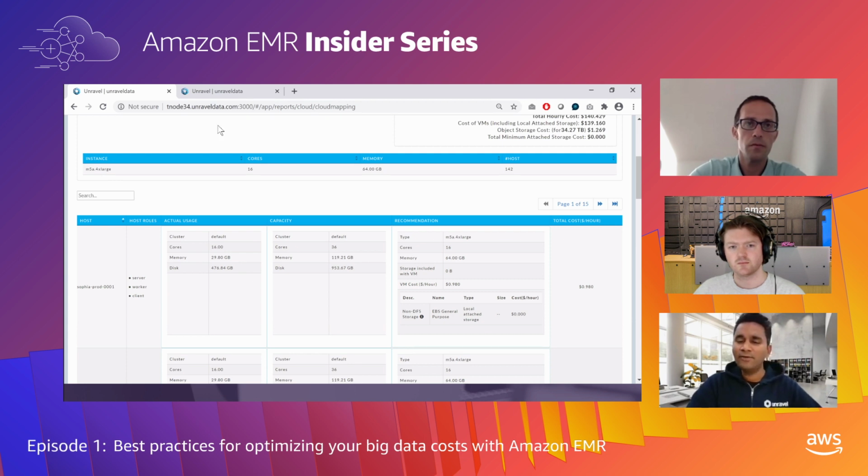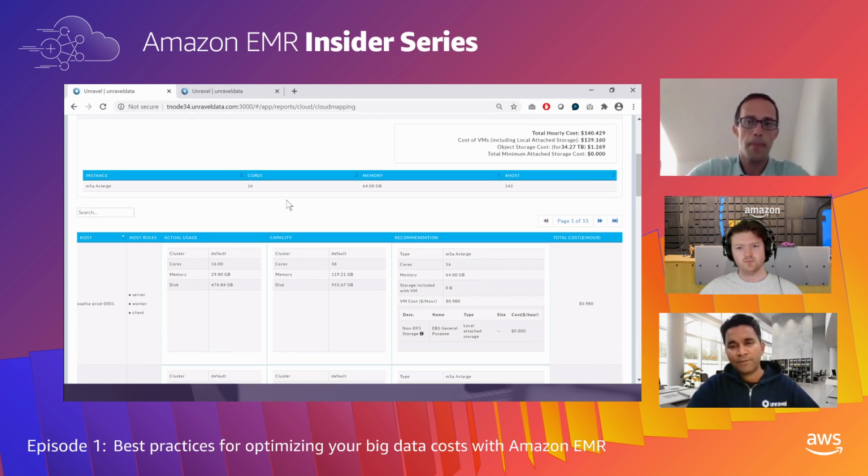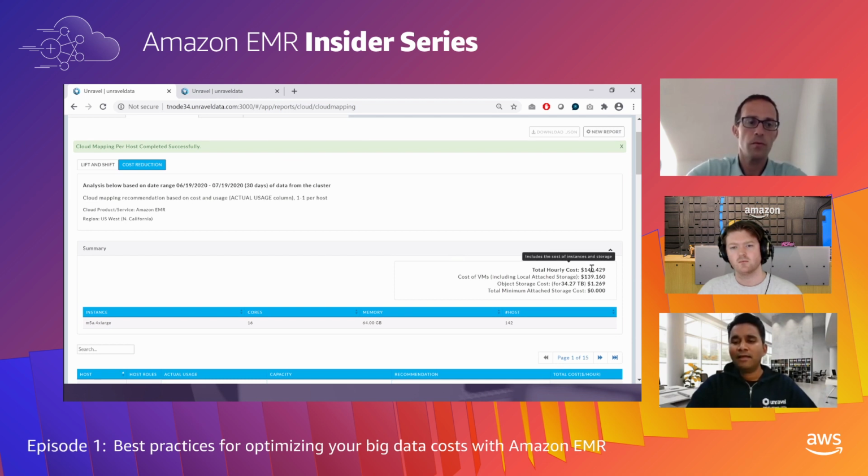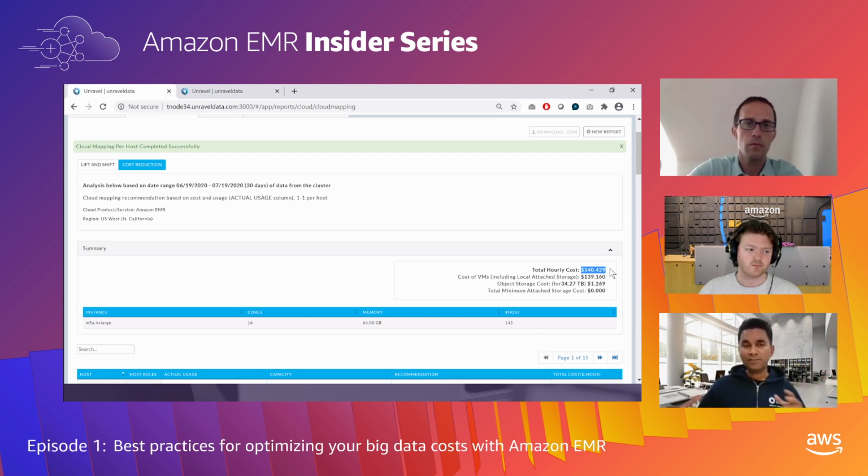It's also gone in and sized like, hey, you only need 16 cores. You don't need 8 cores. You don't need 32 core machines, for example. 16 would do just fine for the type of workloads that you're running. And if you do that, you're spending $140. So you see the drastic reduction that you can get where you were spending about $750 per hour when you move to the cloud AWS, then you actually save a cost just by sizing your environment based on usage rather